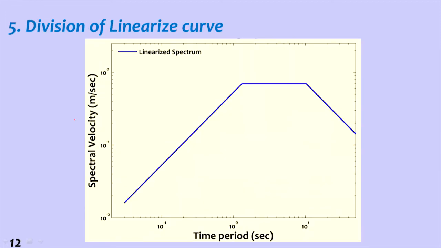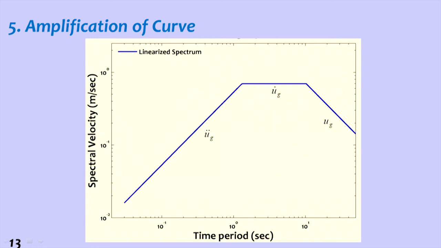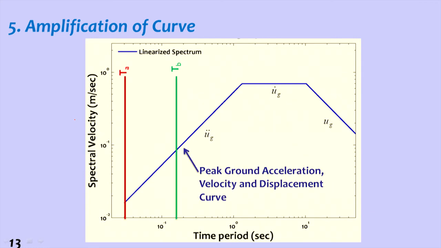So linearization is done. Using the peak values, we do linearization of the acceleration, velocity and displacement regions: peak ground displacement, peak ground acceleration and peak ground velocity. So this is velocity, this is displacement, this is acceleration. This is a linearized spectrum. And now we use the control points of time, and then the amplification curve will be developed or drawn on this one,